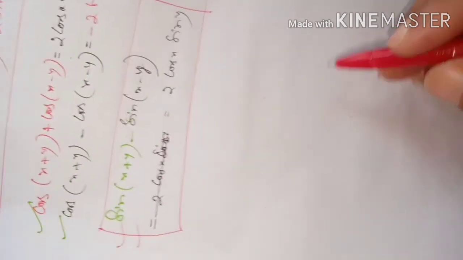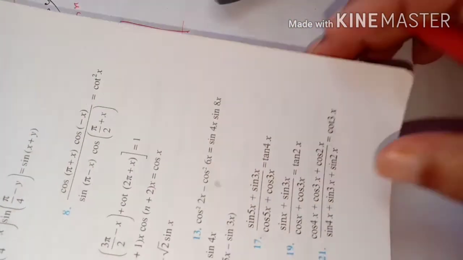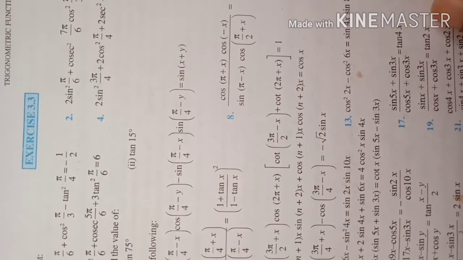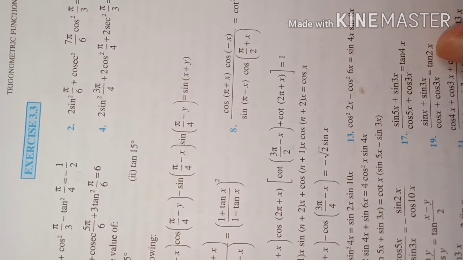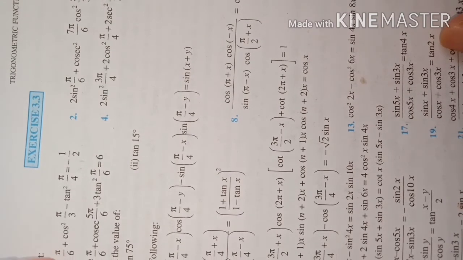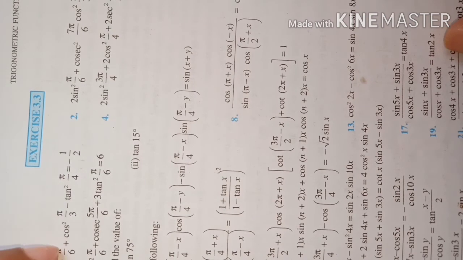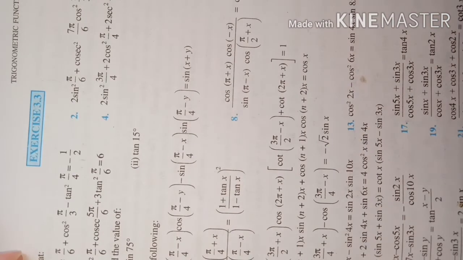Clear, dear students? So today in our discussion we will be taking the exercise problems and going through the exercise. For a long time we have been learning the theory part. So now we will take exercise 3.3. Okay dear students, I will give some ideal questions and you will try at home. Question number 1 is about the values that you have to put: sin square pi by 6, cos square pi by 3 and tan square pi by 4. All these radian measures are given, so you need to recall the values for these radian measures.